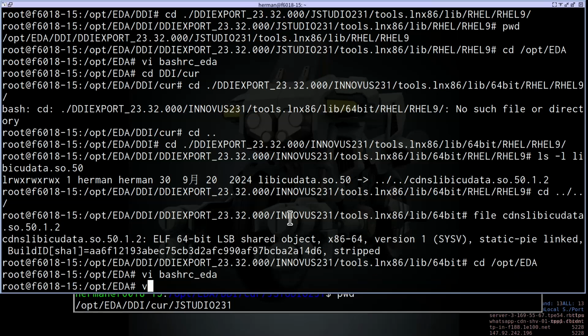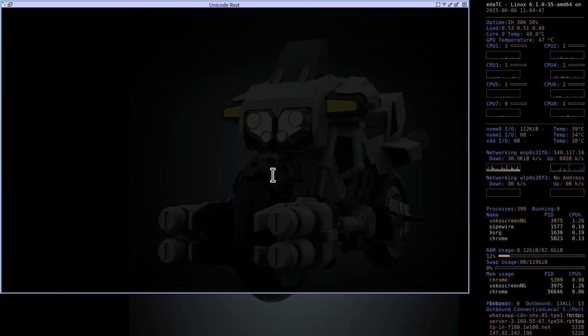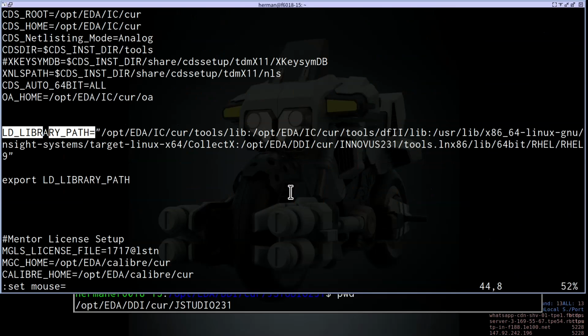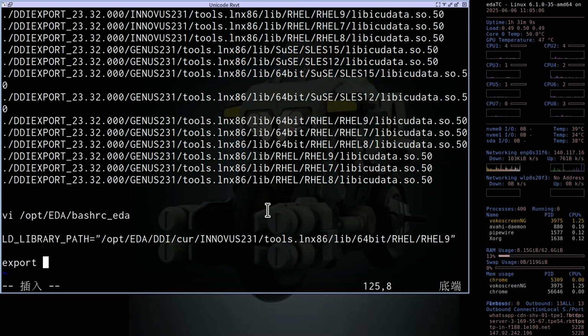We can modify the LD library path. We needed to set the LD library path to the opt eda ddi Innovus 64-bit directory. Then we export it, export LD library path.